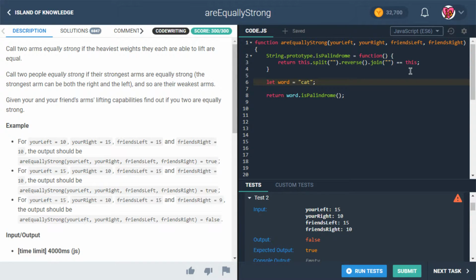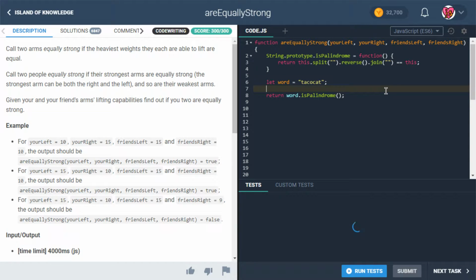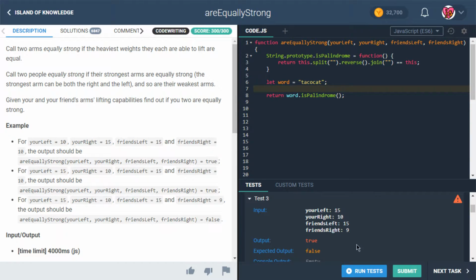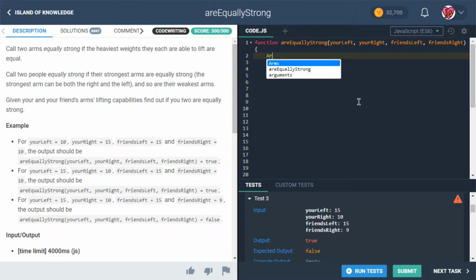But we could make it a palindrome, taco cat. And so now this should give us true because, there we go, it is spelled the same left and right. We get the same thing when we reverse it. So that's pretty neat, right? We're able to actually alter what it means to be a string, what it means to be an instance of a string. Now, by doing this, we're saying every string is going to be equipped with this new method called isPalindrome that's going to make it very easy for us to just check if it's a palindrome. So that's pretty neat. We could also do stuff like,